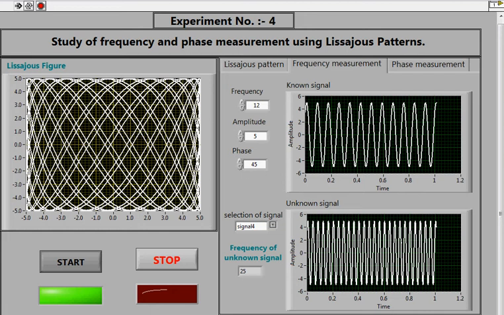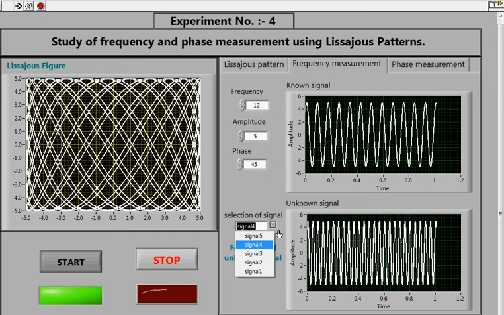And as per the Lissajous figure, the frequency of the unknown signal is also calculated. This comes to 25. And now, at the same frequency, amplitude and phase of the known signal, we change the unknown signal.